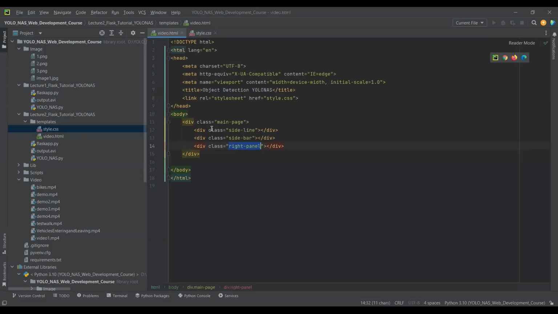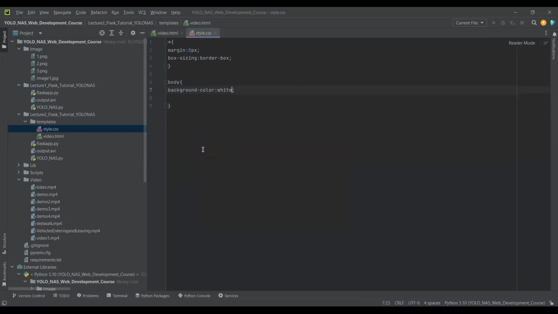Okay, so now we have a div, and we have divided our main page into three parts: sideline, sidebar, right panel. So first of all, .main-page. Let me just write comments over here to make it better understandable. So here I will just write main page, and here I will just define the height of the main page. So 100vh,